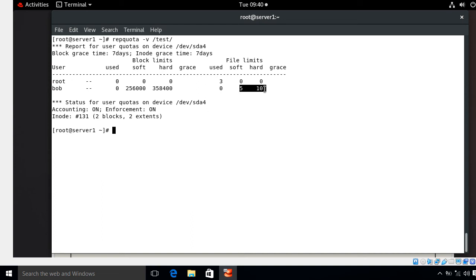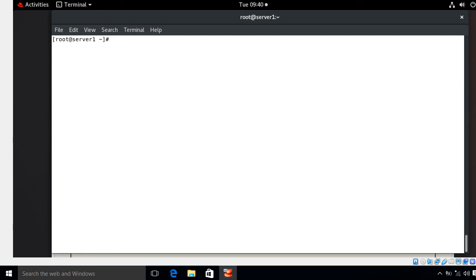Now move to the next step, and the next step is to give a particular user write permission on the mounted partition so that he can make files. For this we have the option, we can go with the chmod command or we can assign with the ACL utility. So I prefer ACL, so give the user write permission.